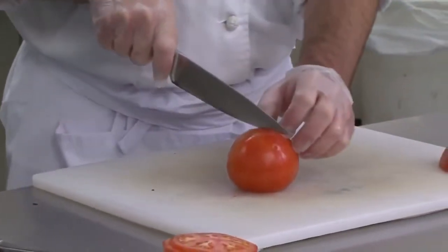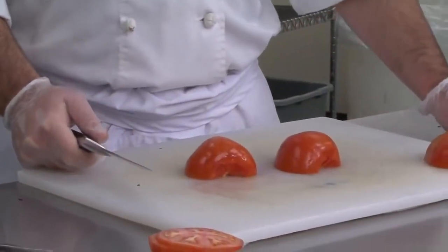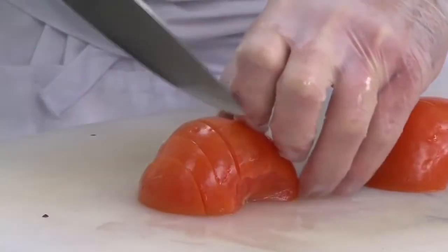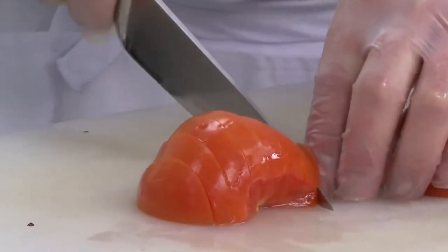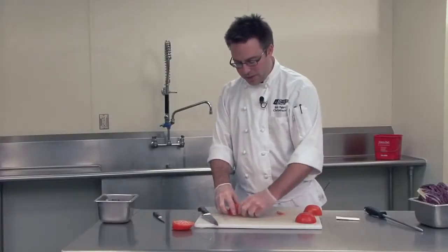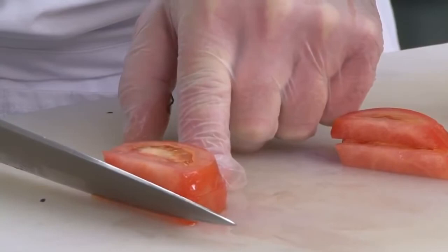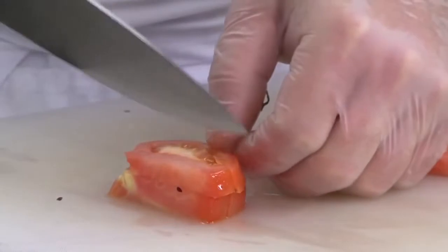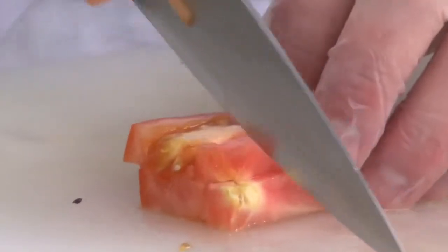I always want to start with 1/2 of a tomato because now I have a flat surface. And just as we do all other manners of vegetables, I'm going to first make slices, 1/4 inch slices. Okay, and then I'm going to lay down some of these slices. So I line it up here. I like to use the biggest surface on the bottom, line it up here, same distance of cuts, holding it together as I go so it doesn't fall apart, turning it here, and now making my